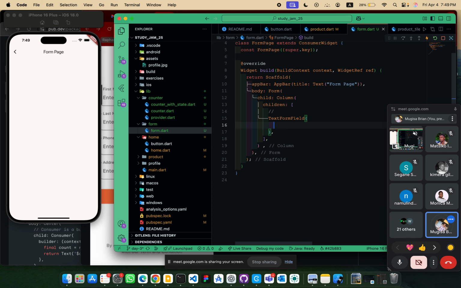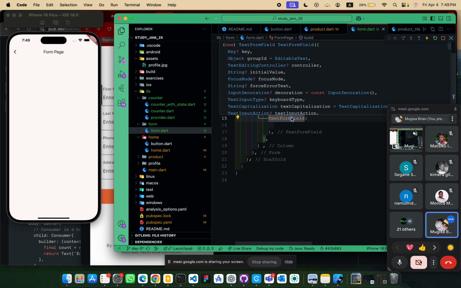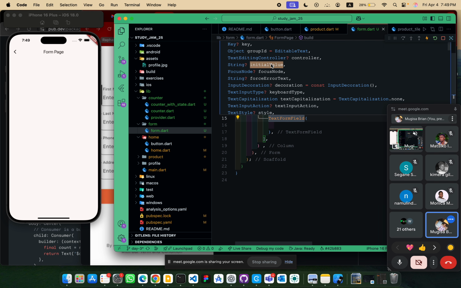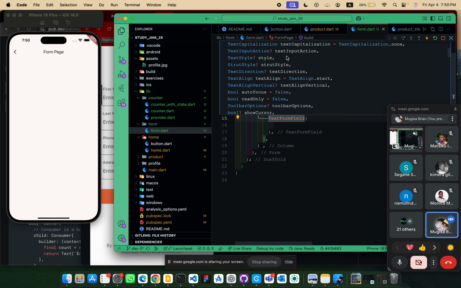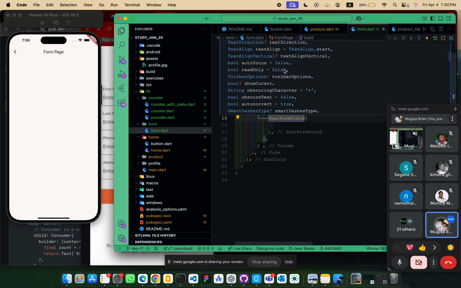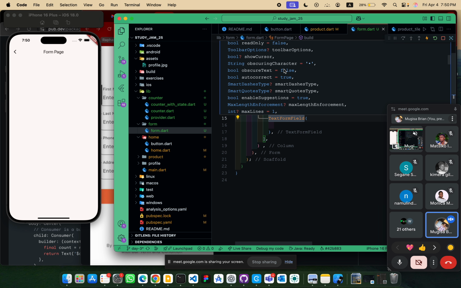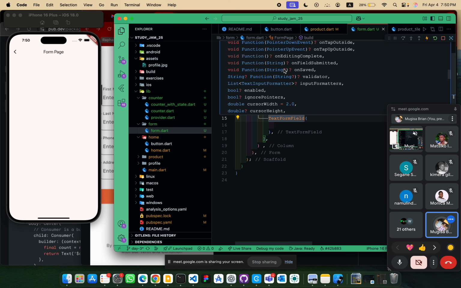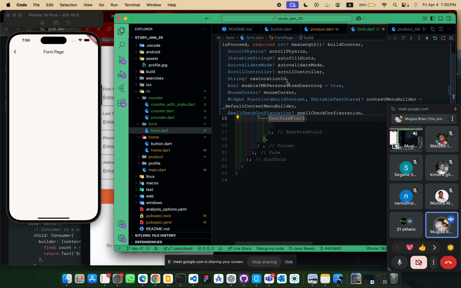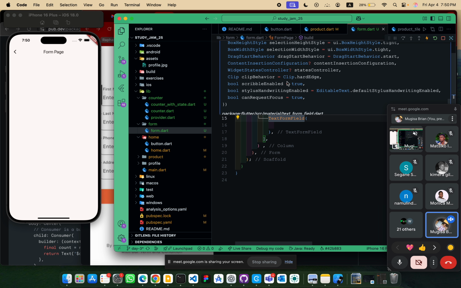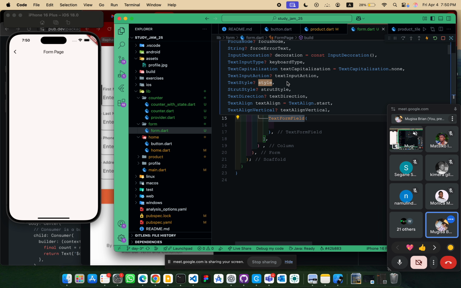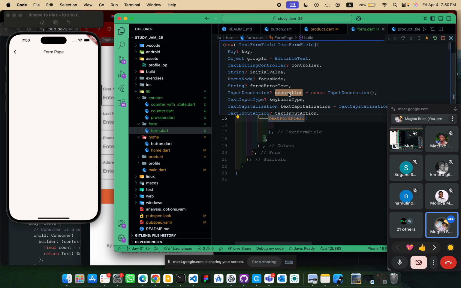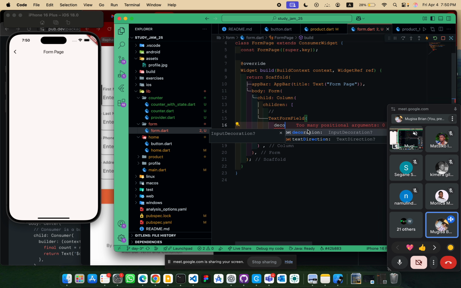So first, the number of parameters here, when you hover over it, you can declare an initial value, the decoration, how it will look like, the styling, the number of other parameters like hint, enabled, and all those. So we shall use those. I'll start with the decoration bit of it, how it should look like. So decoration,